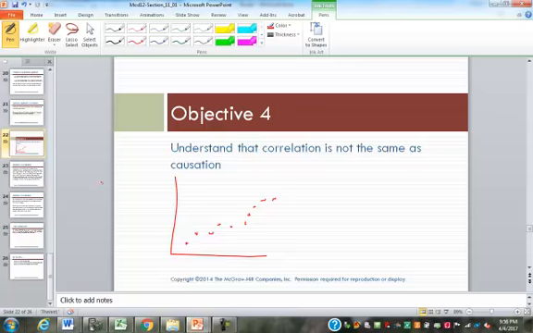That doesn't mean the two variables are causation. It might be that both of them are caused by the same third factor. For example, maybe weight and score on a test. As you get older, you tend to weigh more, but also as you get older, you tend to learn more,